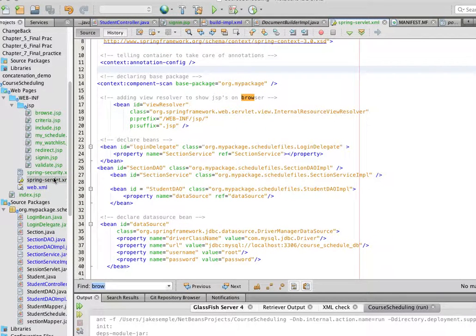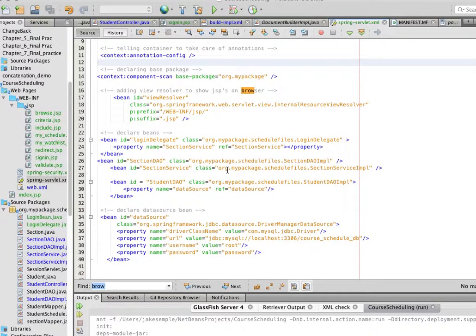If you look in here at the Spring servlet file, this view resolver is what actually takes everything in this WEB-INF JSP directory, and you can see that it has a prefix, which is the directory, and suffix .jsp. So what that means is that with my controller,